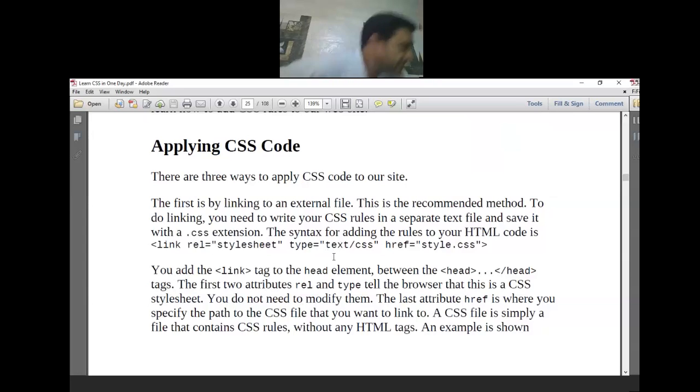So this is the way we can specify the CSS style sheets.